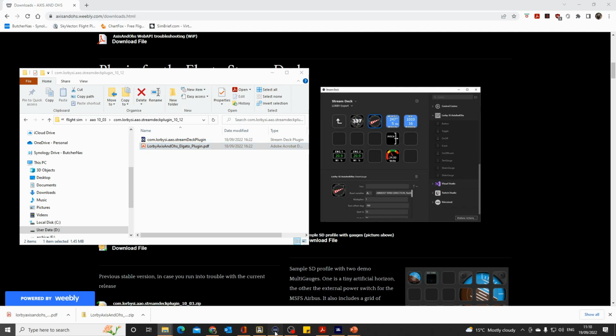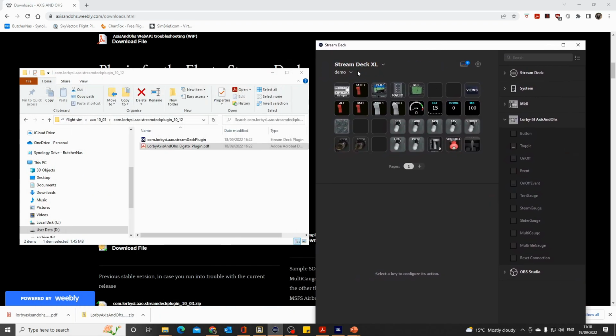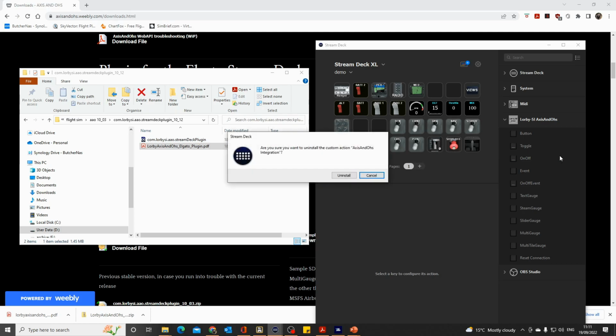But let's have a look at the process for actually installing it. So firstly, this is my Stream Deck, and I've just tidied up and closed those down, and there's the Lorby Axes and O's. Now it's a bit unusual. If I right click on here, nothing happens, but if I right click in the open section here, I get to see the version number, so I can see which version I've got running, and that's 9.03, and I can uninstall that and then reinstall this one here. So let's give that a go, literally live, and let's hope that this works. We'll uninstall that,